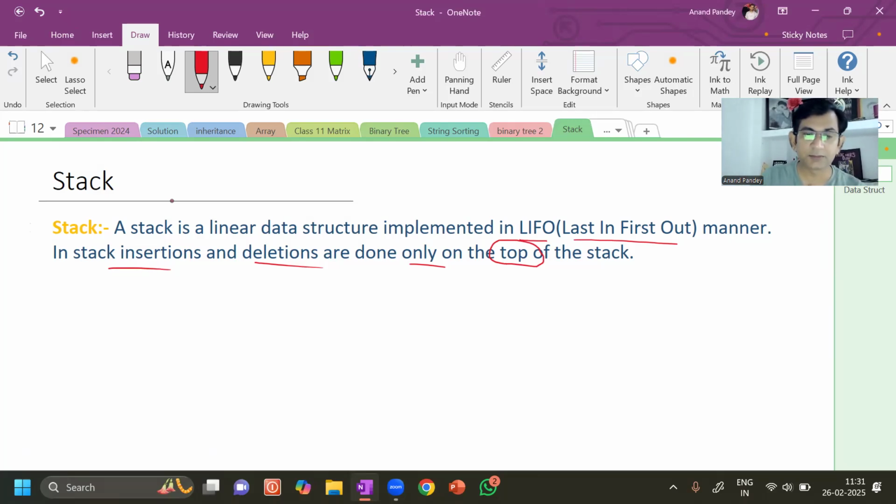Okay. Here let me show you stack. And in every data structure, there will be 2 operations, insertion and deletion. Insertion means storing the data into the array, in simple language I am telling you. And deletion means accessing, using the data from the array, from the stack, from the data structure. So insertion